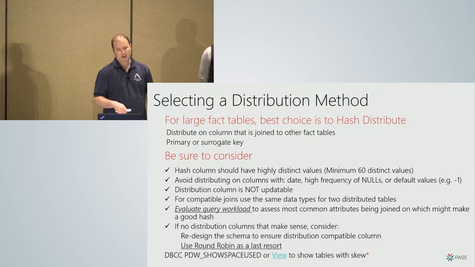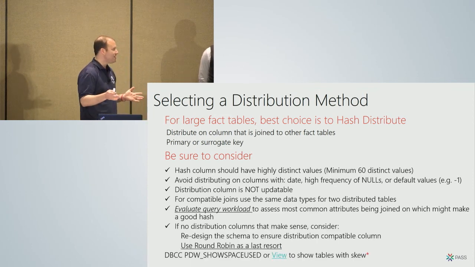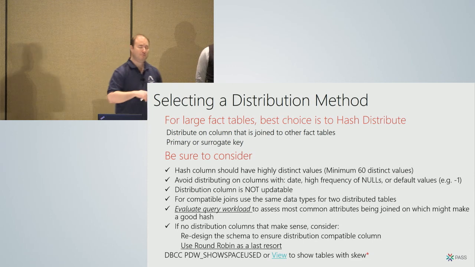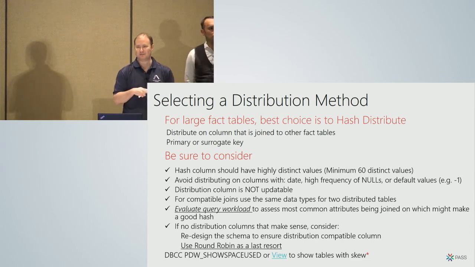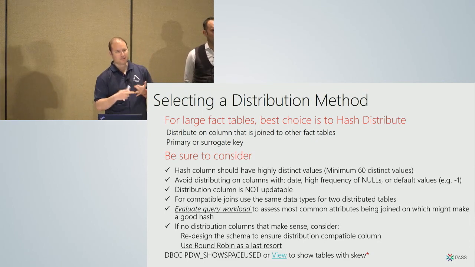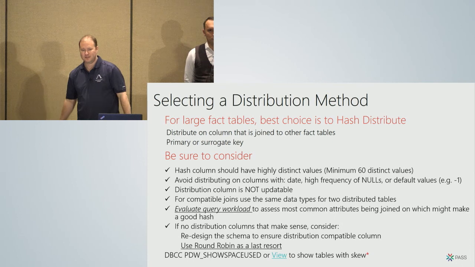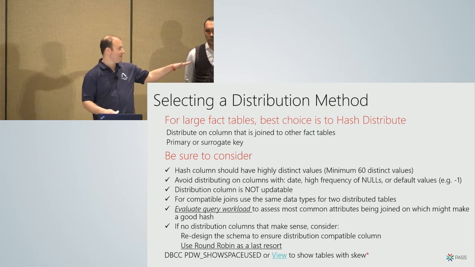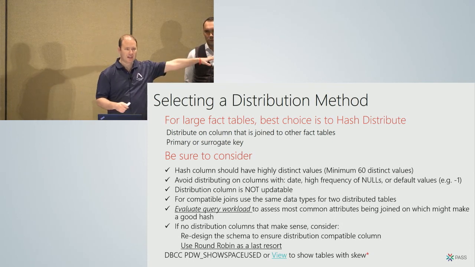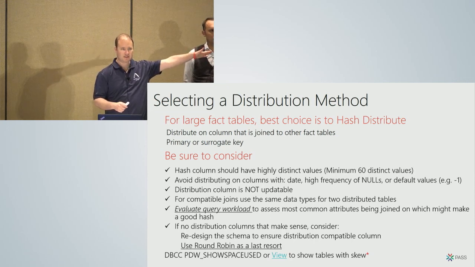If no distribution columns make sense, I'd ideally point to potentially looking at redesigning, right? So you can find a good hash distribution. Of course, as a last resort, you do have round robin. And just on the bottom here, there are a couple of commands that you can look at to evaluate skew. As I mentioned, the advisors